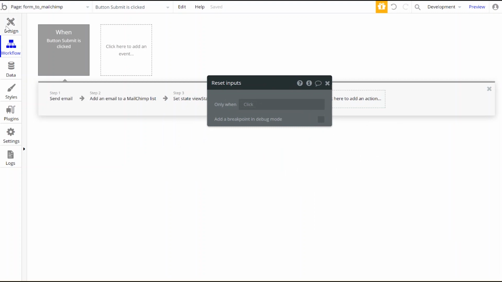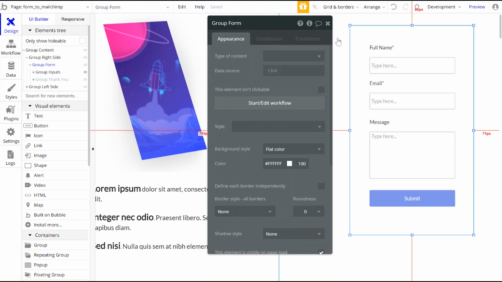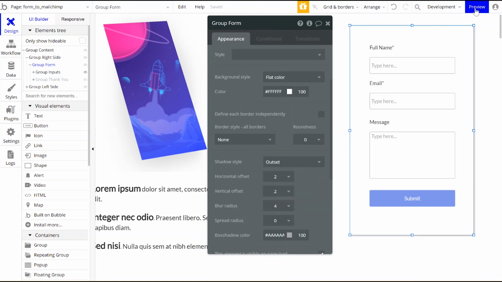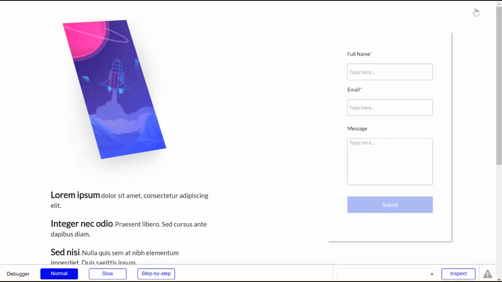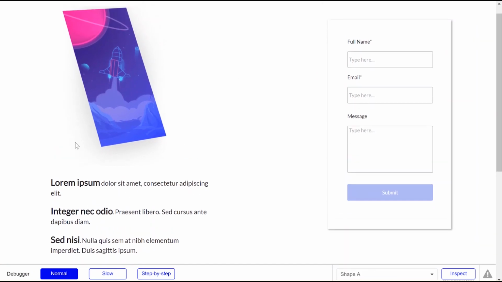To make this a little more visible right out the gate, I'm just going to click on the group form, and I will set the shadow style to outset. I'll leave this as is for now, and let's go ahead and preview that. And there it is. So now here's your landing page with all the content on the left that should entice your visitor to fill their information out here. By default, I cannot send this because I haven't filled out the required inputs. And to show you the functionality,